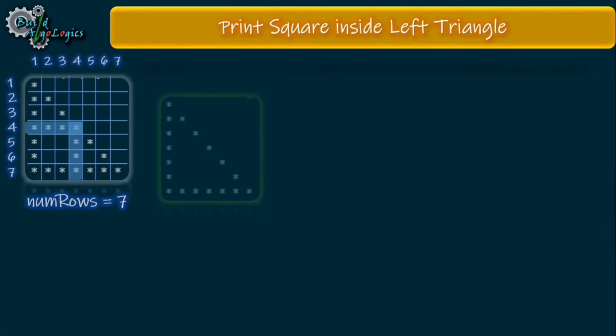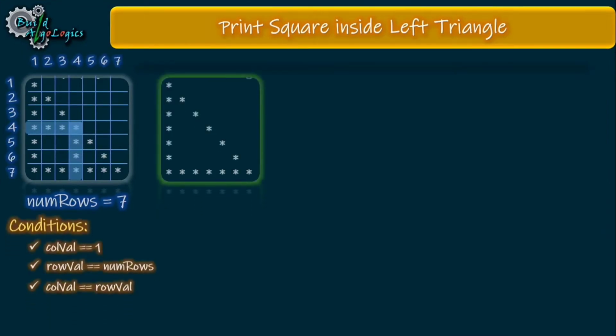Alright, so here this pattern is very similar to this one. It means that these 3 conditions are also valid here. We just need to have some conditions to print these parts here. By carefully looking at this figure, we can see that this line is printed when the value of rowVal is 4, and also this part is printed when the value of colVal is 4, as we are making one general solution for these patterns. For example, if we use our condition as it is, it will work only when number of rows is 7. But if we change this number's value to any number, let's say 9, we get some weird pattern printed here.